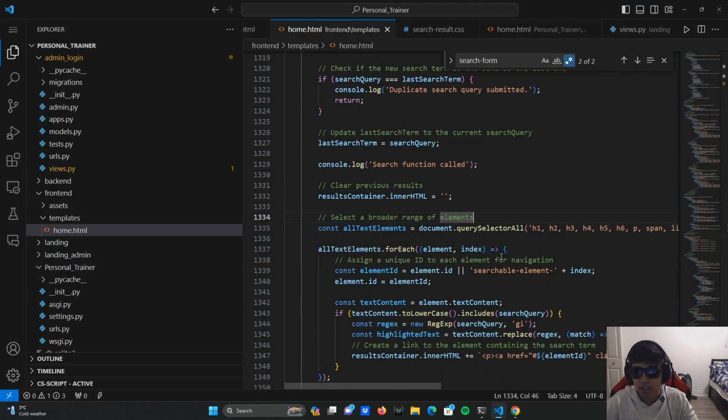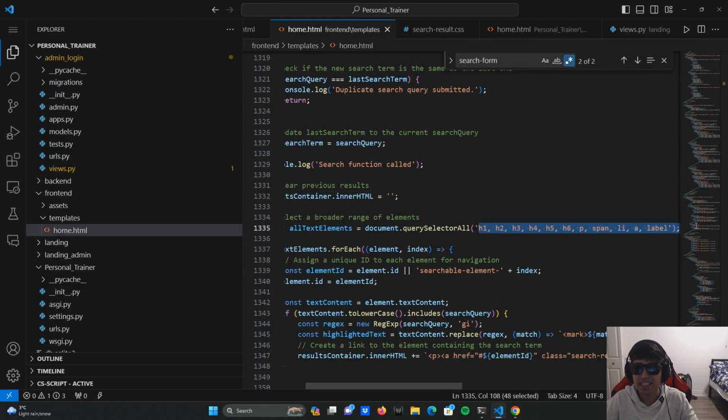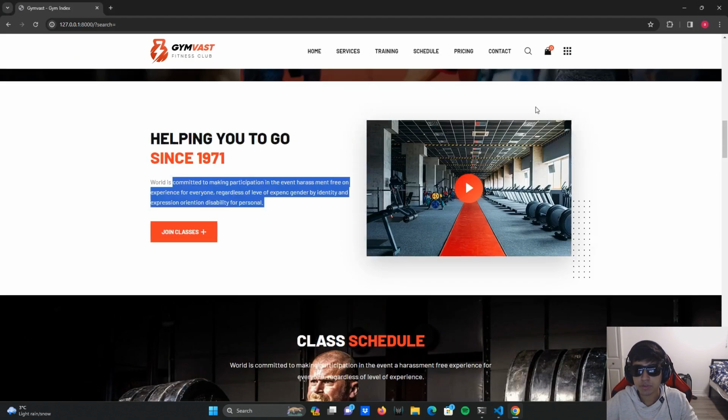That's why we have to first define another variable and tell our JavaScript, okay, try to simply select a broader range of elements. So try to simply search for that query inside these elements. We are going to check if that query exists inside these elements: h1, h2, h3, paragraph, span, li, and so on. So what it's just going to do is, if you write something right now here,